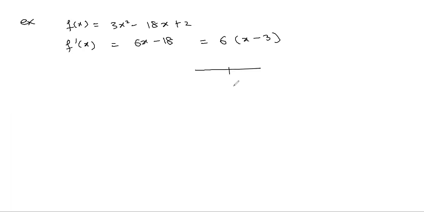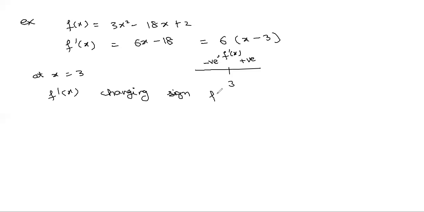It can clearly be observed that below x equals 3, the derivative of the function is negative, while the derivative of the function is positive on the right of x equals 3. So at x equals 3, f dash x is changing its sign from negative to positive,